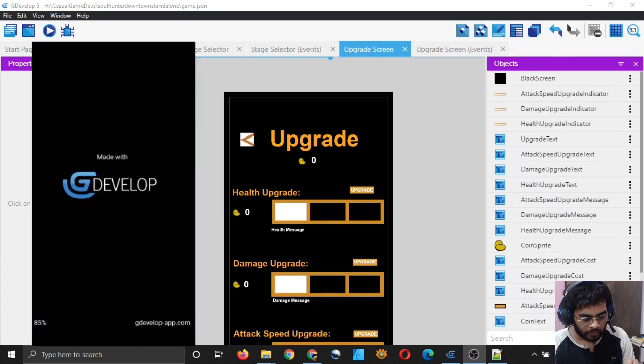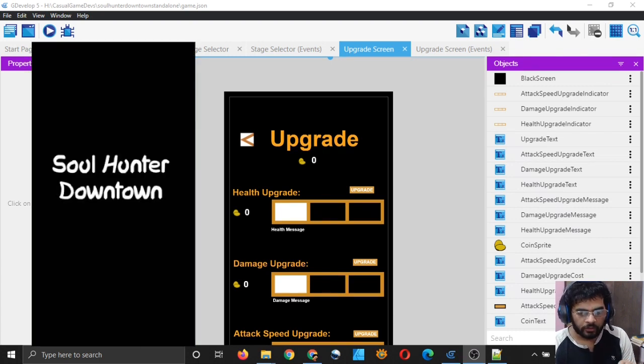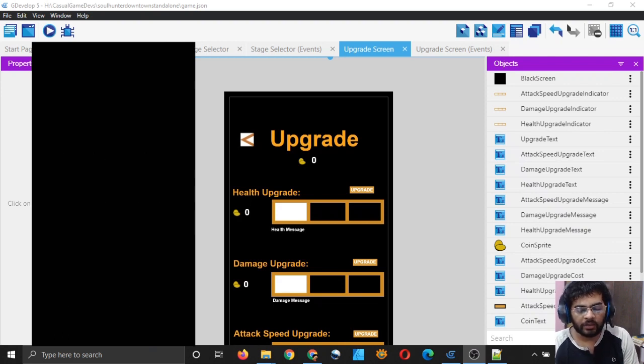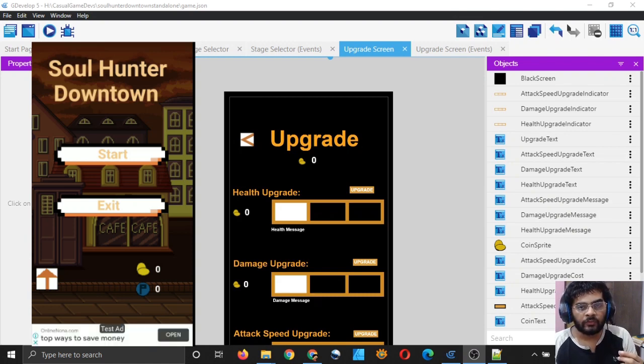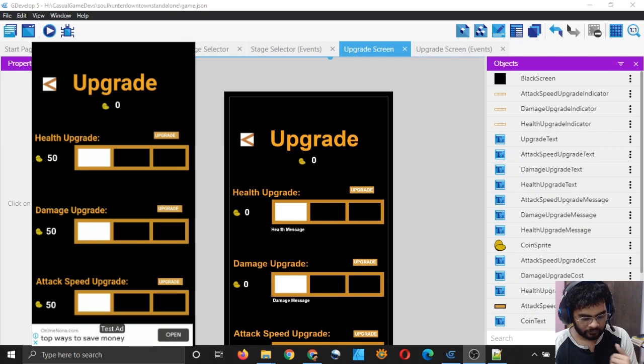So the native ad is not working, and that's to be expected, because the title itself says native ad, which means that you have to implement that ad inside Android Studio using Java or Kotlin, right? So no ad is being displayed on our upgrade scene, which is where we added it.